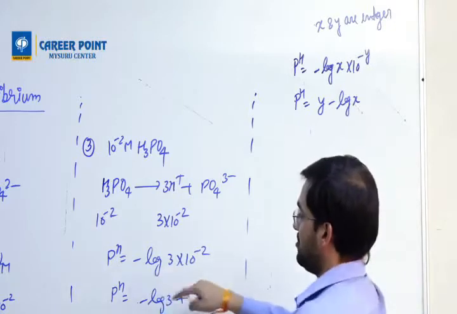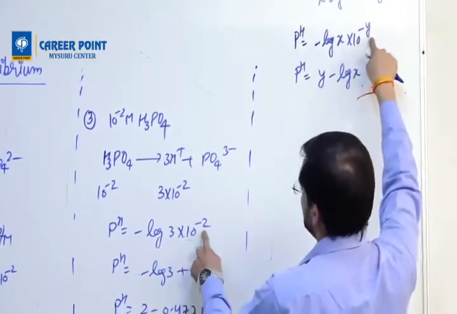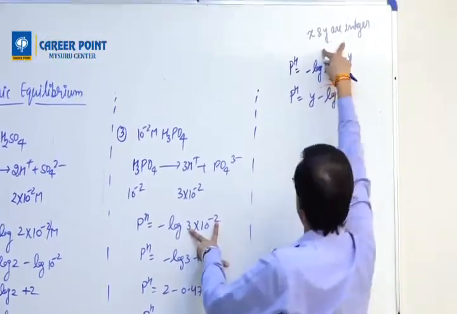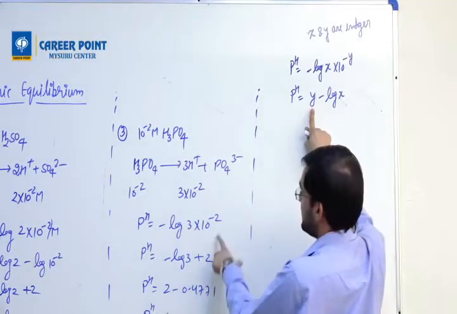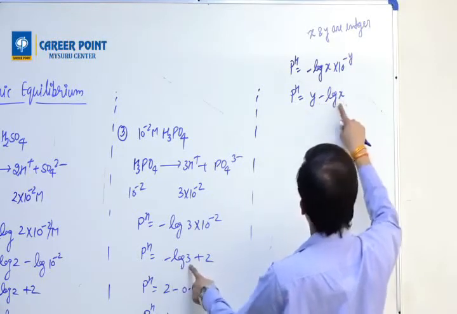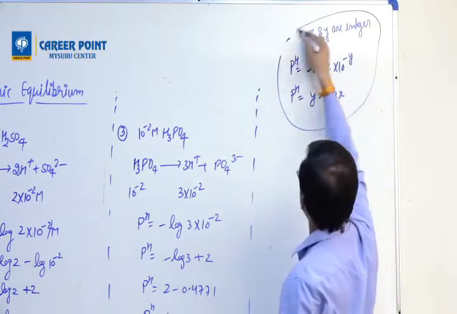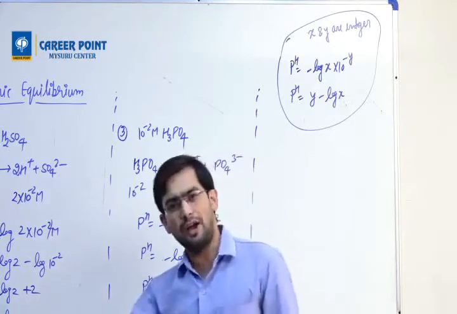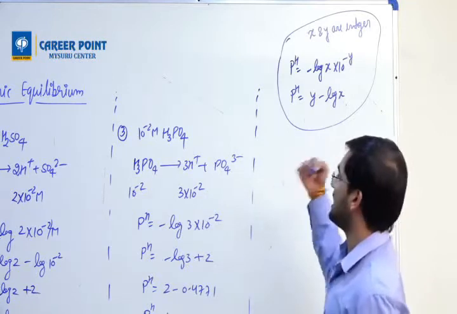That's the step I've taken here. You see, pH equals minus log x into 10 power minus y. x and y are integers, 3 and 2 are integers. I have directly written y is 2, so 2 minus log x. Easy. If you memorize this formula, you don't need to do that much mathematics. You don't need to apply log m into n, log m power n. This is all taken care of and made into a formula. Easy. Try this question.